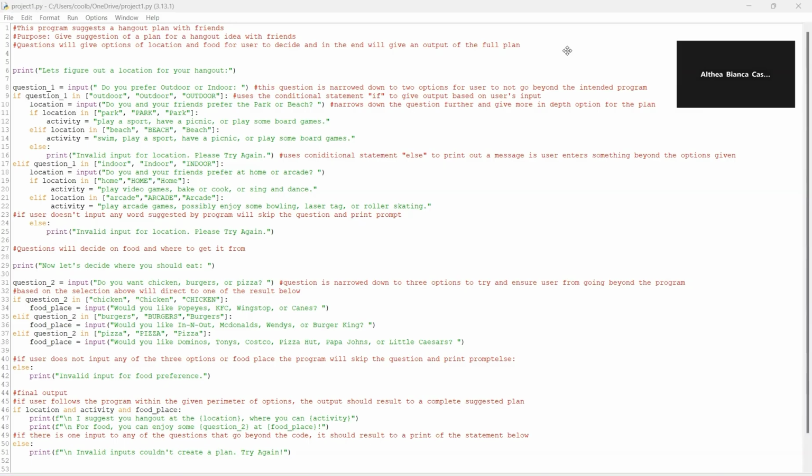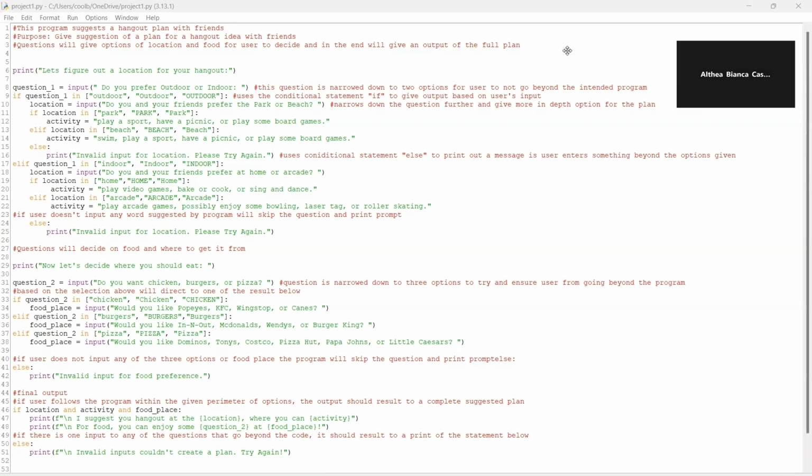I wanted to create this program because I wanted to possibly create something related to what I have experienced in life. In this case, I remembered how my friends and I were always indecisive on what to do for a hangout. Oftentimes, we would just bring up hanging out, but always end up not knowing what to do, as everyone seems to be shy of giving ideas, which eventually puts the whole idea to the side. With this, I thought of creating a program in which could possibly help friends narrow down on their decisions and create a possible plan on what to do, from the location, activities, and food, in which they could all make memories from.